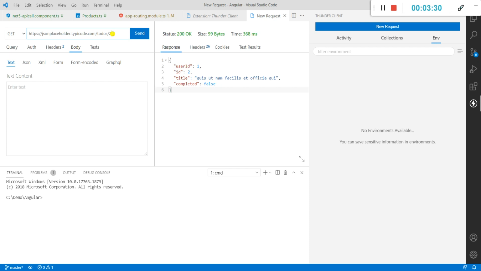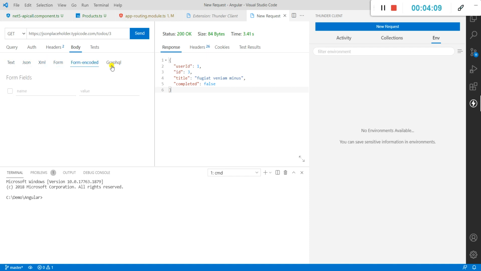See, 3. See, so we'll just explore this tool or extension. It is similar to Postman or any REST API tool. Headers, body, test. If you want to provide the body in JSON format or XML format or in a form or plain text, you can do it right here.